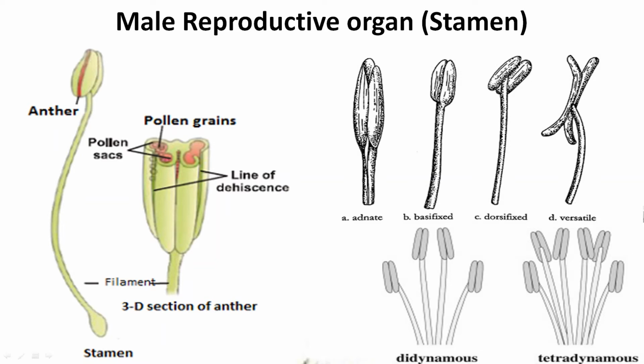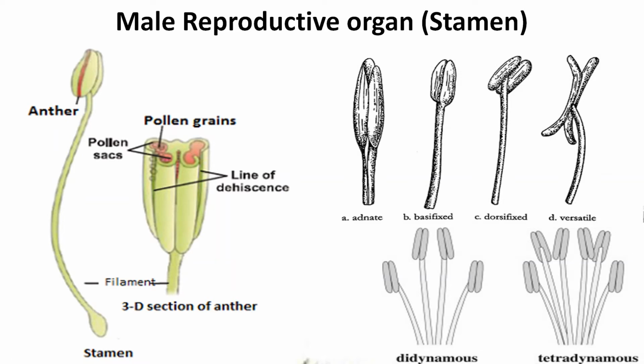See, back of the anther. This type of filament can be seen in Sesbania, Passiflora, etc. And versatile, see, this is versatile, moving like a fan. Here, the apex of the filament is attached at a point near the middle of the back of the connective.